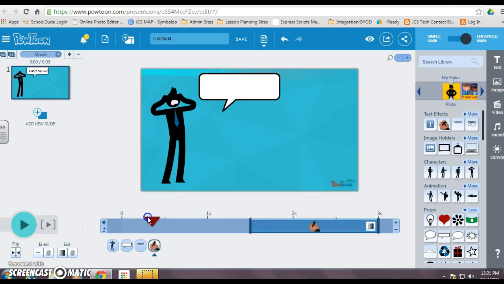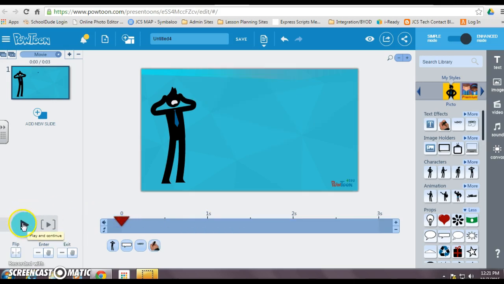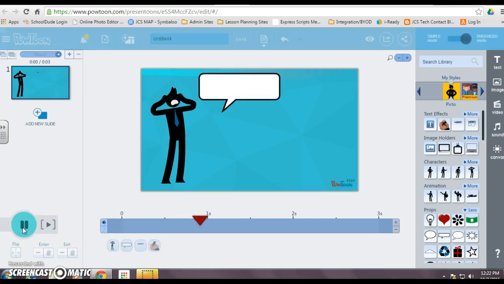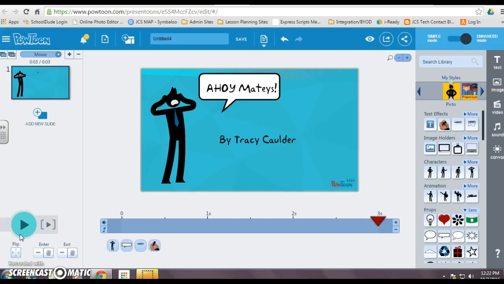To play it, I'm going to actually move my little red triangle back to the 0, and then I'm going to hit play and continue. And that's what that would look like. Now I can also add sound. If you look over on the right-hand side and click sound,